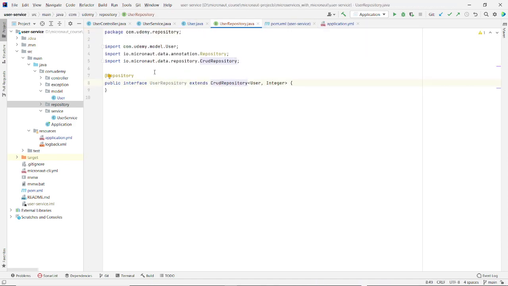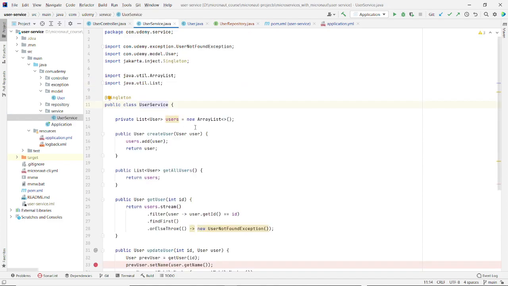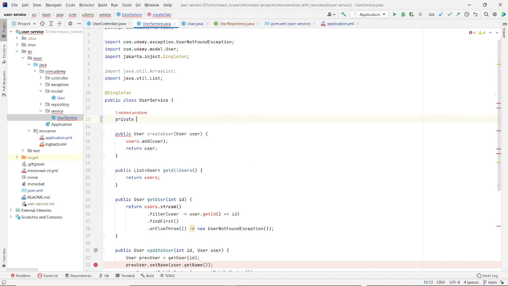Once we add this repository, now let us make the changes in our service layer to use this repository. First we will get rid of this user list and we will inject the repository here: private final UserRepository.